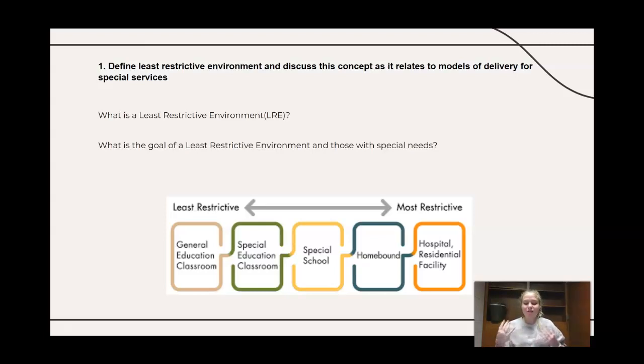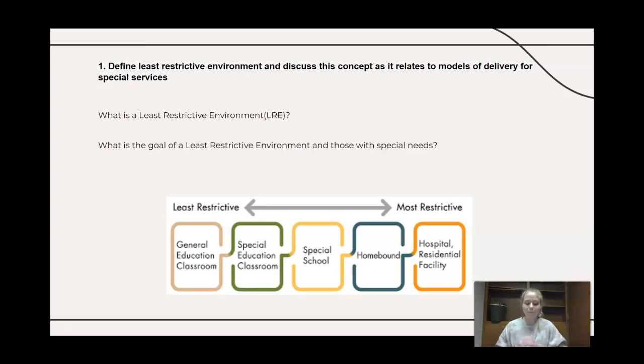So a least restrictive environment is defined in our textbook on page 40 as, to the maximum extent appropriate, children with disabilities are educated with children who are non-disabled, and special classes, separate schooling, or other removal of children with disabilities from the regular education environment occurs only when the nature or severity of a disability is such that education in regular classes with the use of supplementary aids and services cannot be achieved satisfactorily. So to break that down into an easier term to understand, a least restrictive